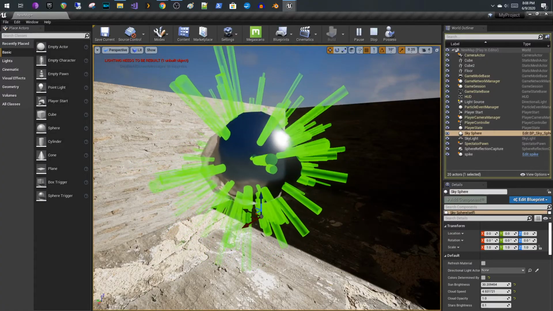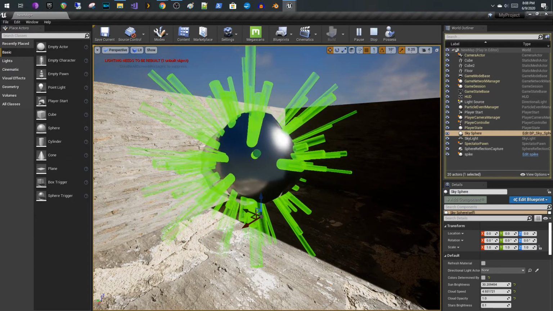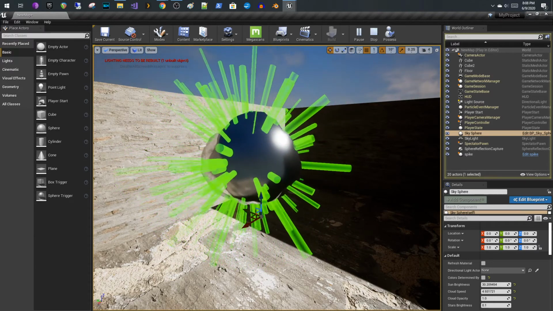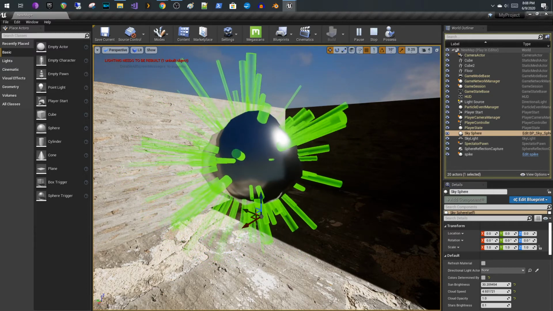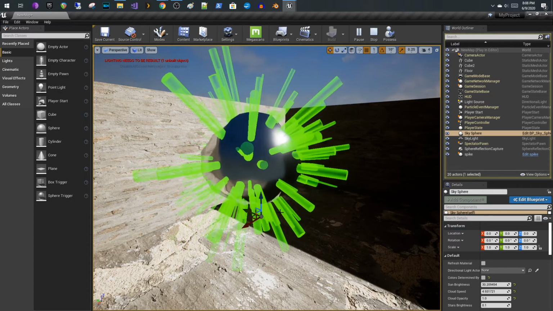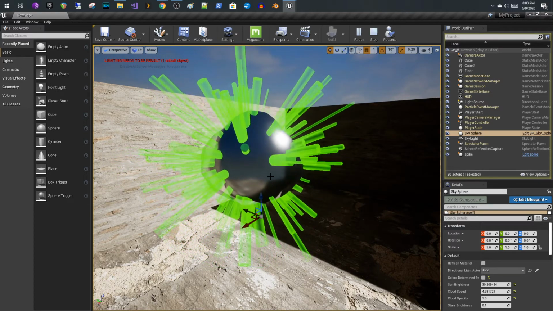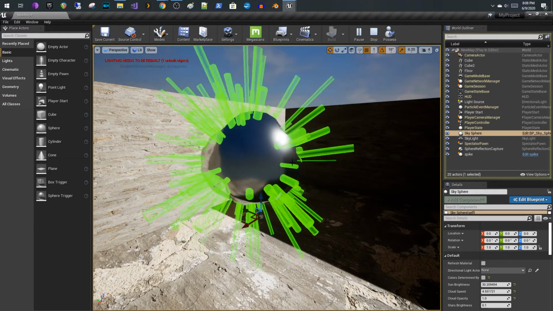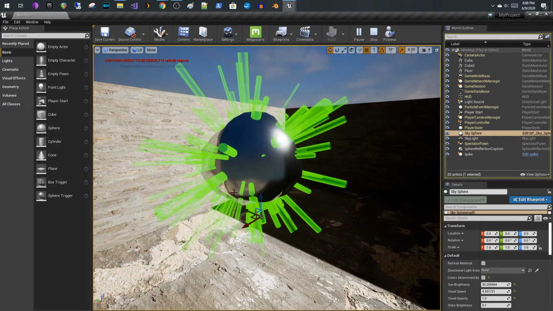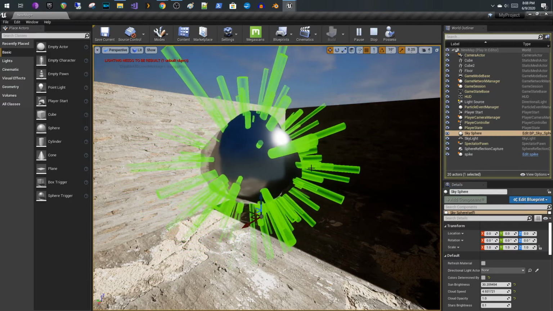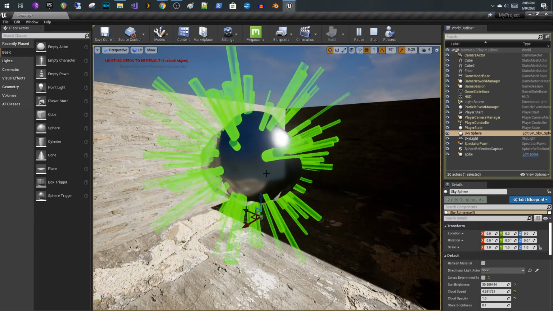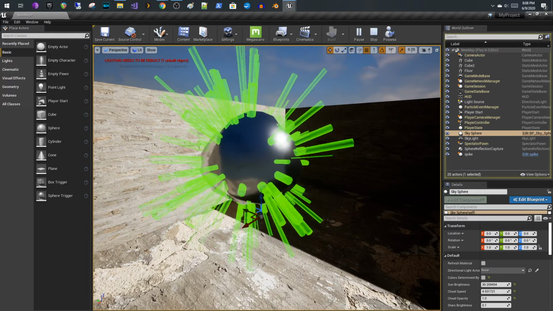Welcome everybody. Today we're going to do a tutorial on how to use a hierarchical instance static mesh to generate the spike ball that you're looking at here. In this case, the center is just a sphere that we created a material to apply some distortion to. I will show you how to do that, and then I'm going to show you how we dynamically generate all the spikes coming out of the ball, their size, their length, and the position that they're pointing,